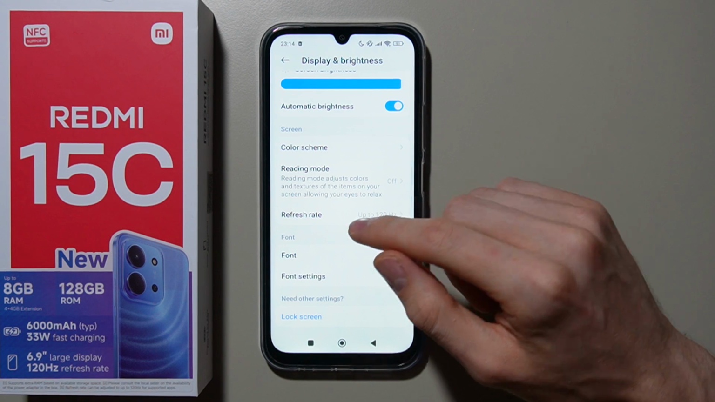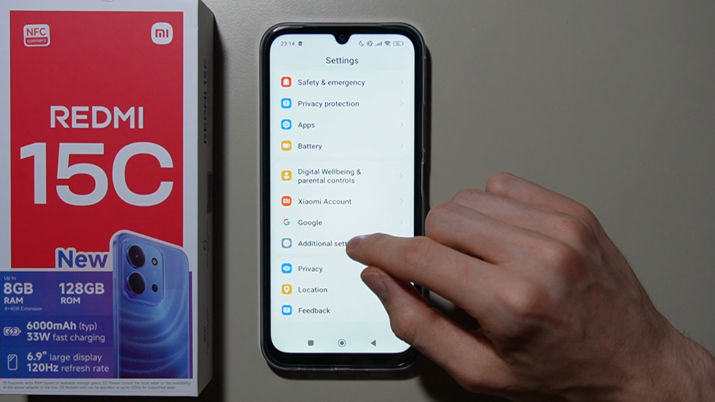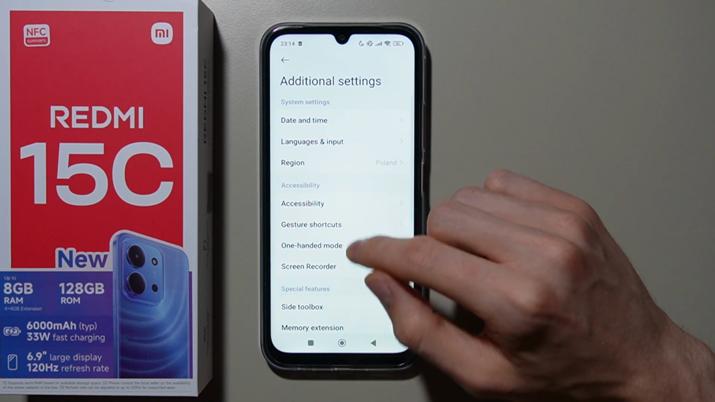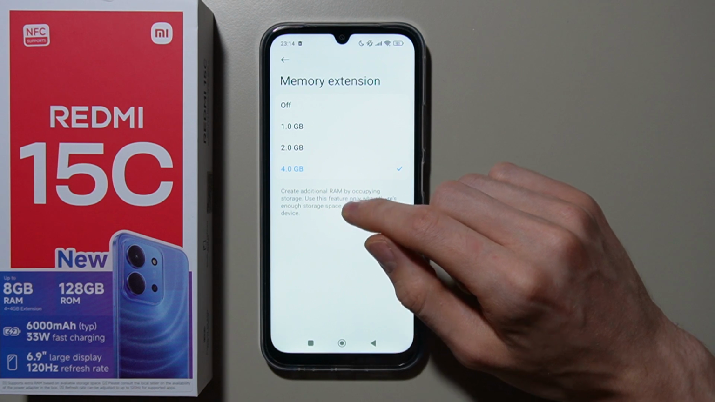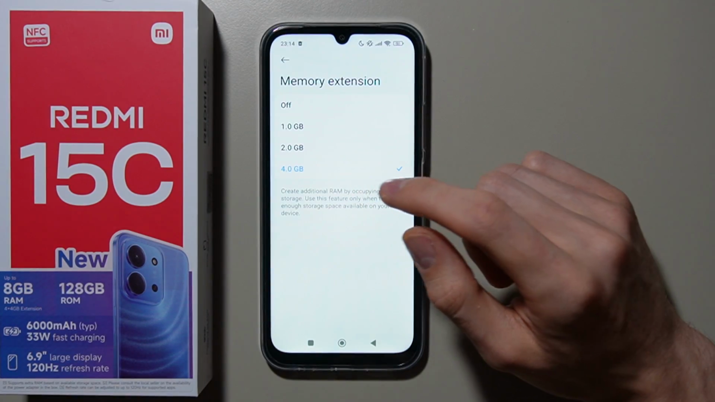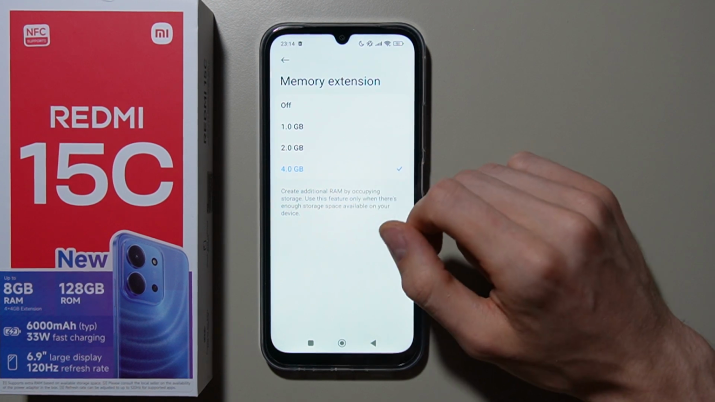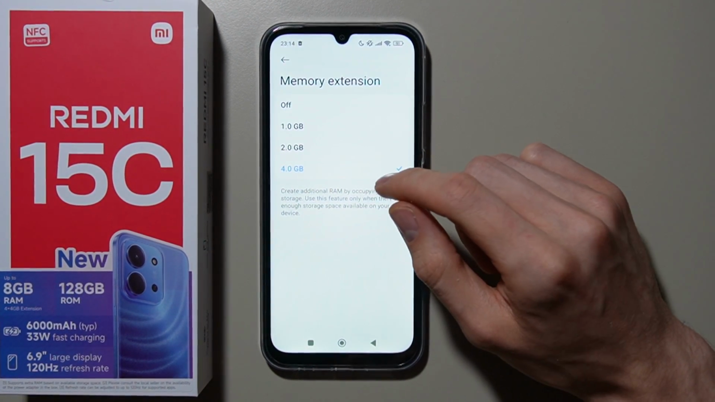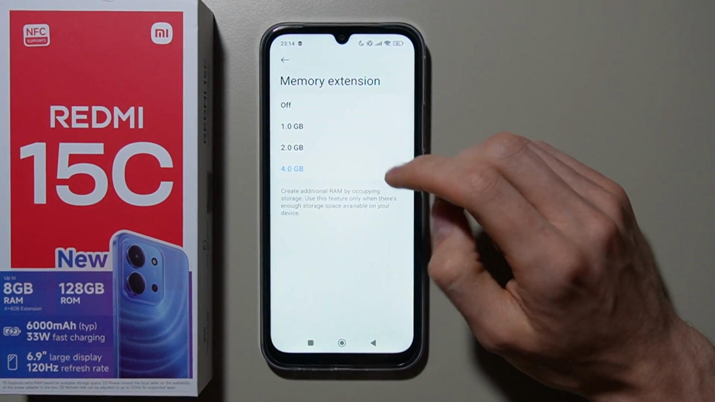Also, you can extend your RAM memory by going to additional settings, and here you can find memory extension. Open it and select a memory extension up to 4 GB of RAM. When you selected it, you have to reboot your phone, but this is also very good to optimize the phone